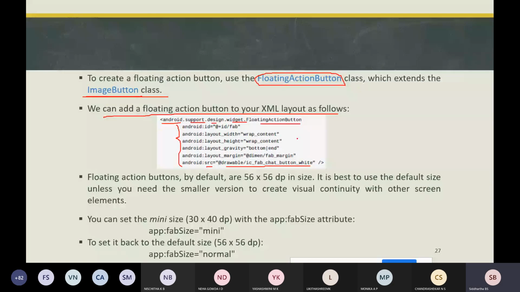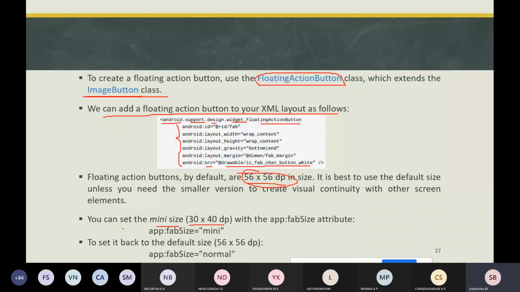So by default, floating action buttons are 56 by 56 dp in size. Okay, so it is best to use this default size, unless you want to create smaller versions, in which case you can change the default size. If you want to change it, you can set the mini size, 40 by 40 dp.